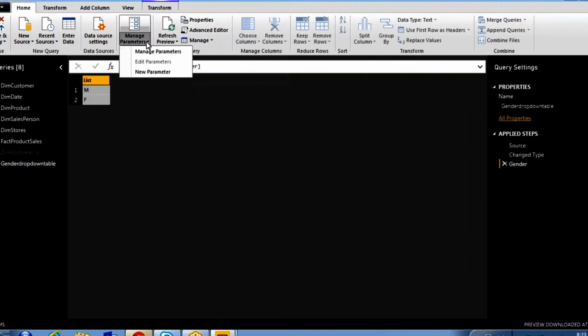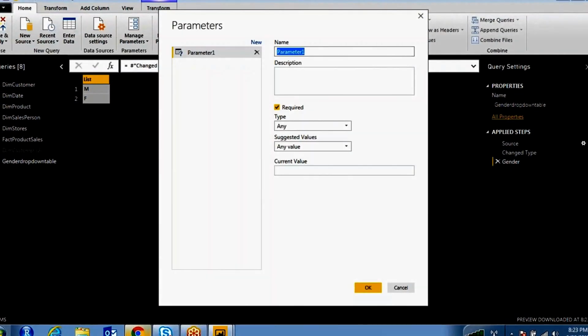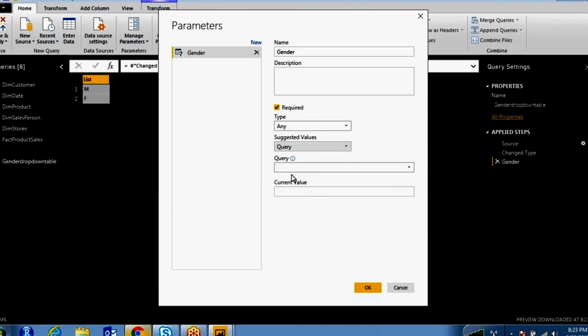What you have to do is convert this into a list. So where you can do that: convert to list, click on convert to list. Now it has been converted into a list. Okay, right. Come to parameters, new parameter, gender, and this is any data type, and the suggested value I'm going to take from the query.